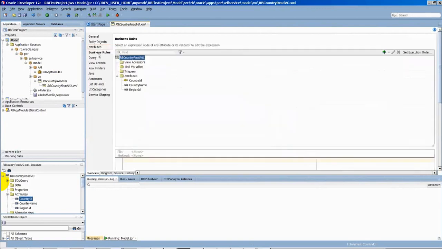Okay, now there are business rules. I will talk about the business rules and view criteria, Java, accessors, user interface hints, user interface categories, service shaping in our subsequent classes. I'm not going to touch any of this for now. Maybe view criteria, I will touch later part of today. But the remaining things, business rules, are typically used when we go with a programmatic approach of handling the view objects or entity objects. Okay,